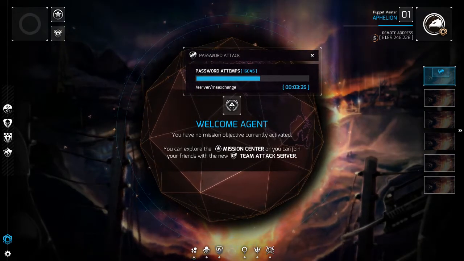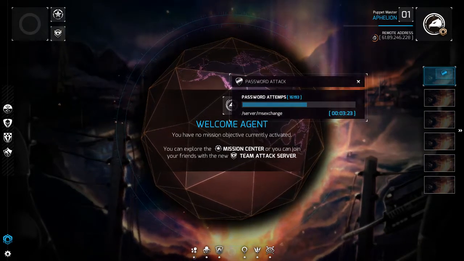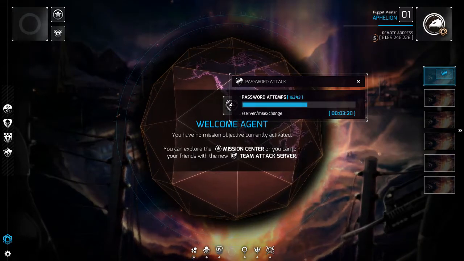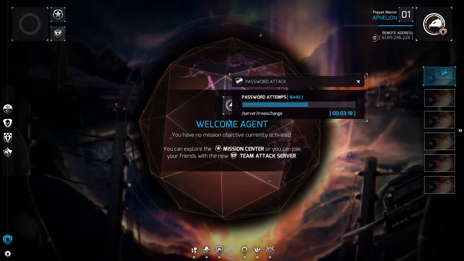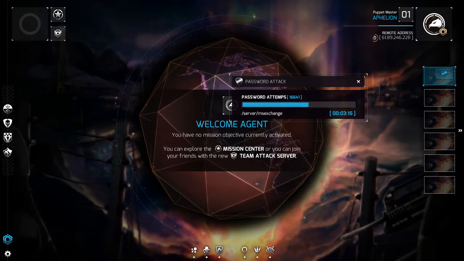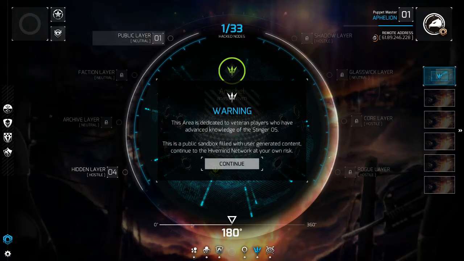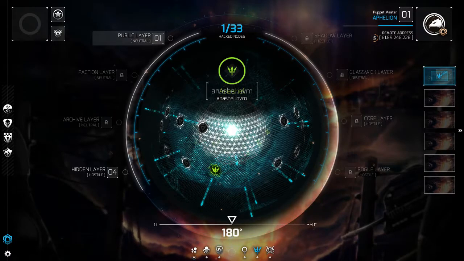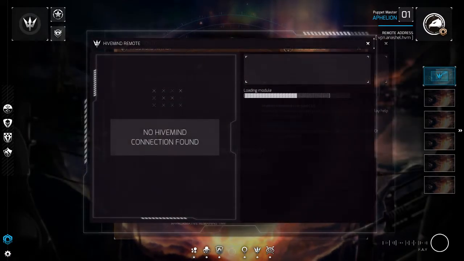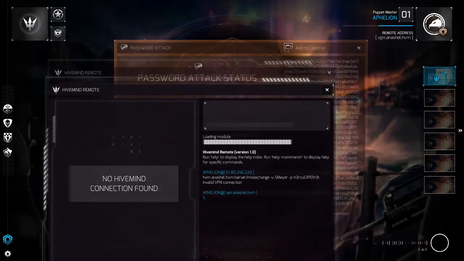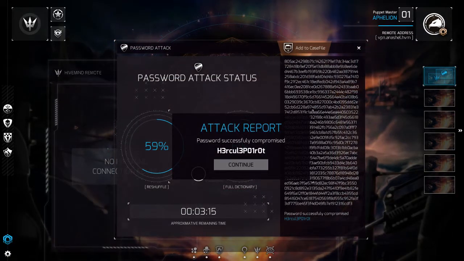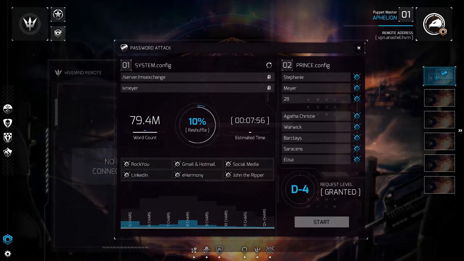Oh, the password attack is still chugging along. Yeah, if I don't get the password after I've clicked on every single dictionary, I'm gonna be miffed. The password will just take a while. Information gathering module initiated. Oh, right, since it's a hive mind, it let me connect. All right, so the password was correct. Information gathering module connection completed. Wow, she's a big fan of books, and she tried to use a very secure password, but it didn't work. Managed to get it,